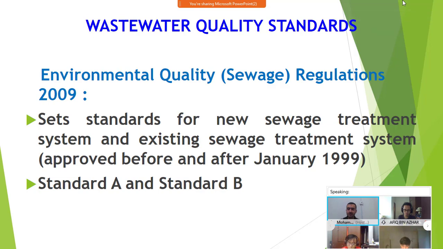And basically we have two types of standards. We have standard A and standard B. Why do they make standard A and standard B? It is like any product, like any production line. Sometimes for the same product you will have high quality, high class, and low class. Class A and class B. So class A is a perfect one, 99% perfect. Standard B is like 85% quality, something like that. So that's also in wastewater treatment.